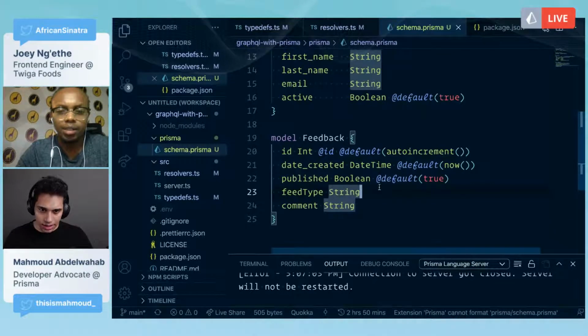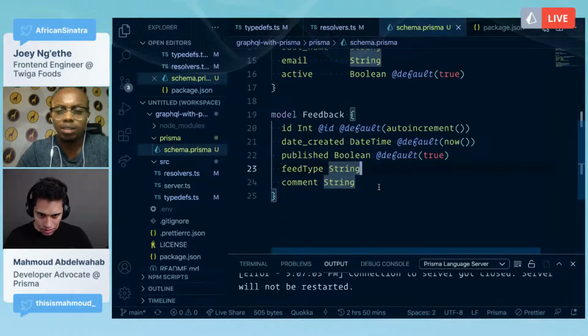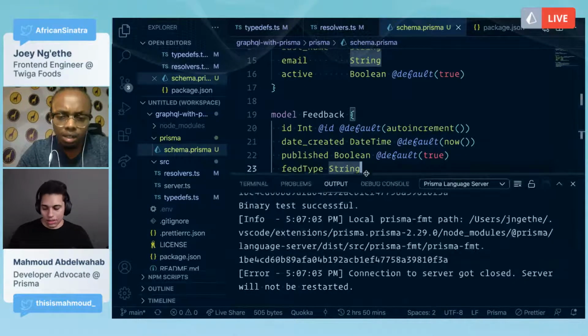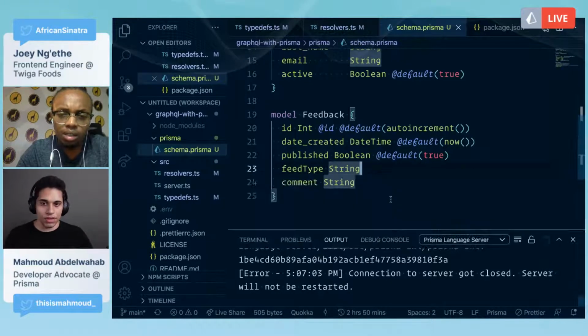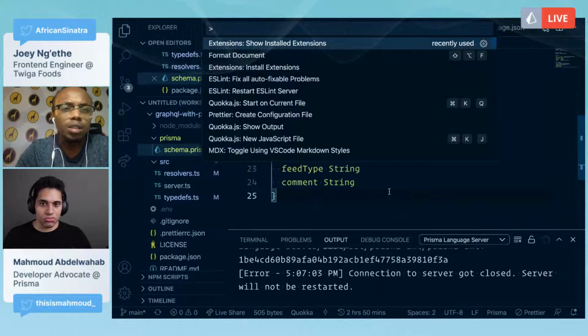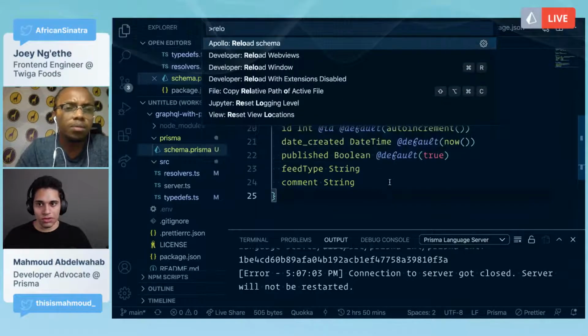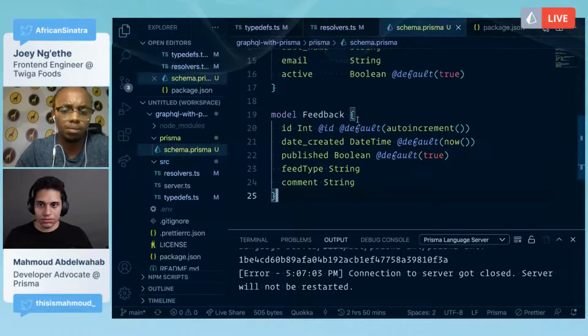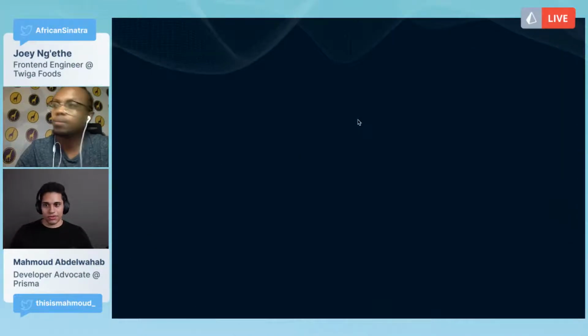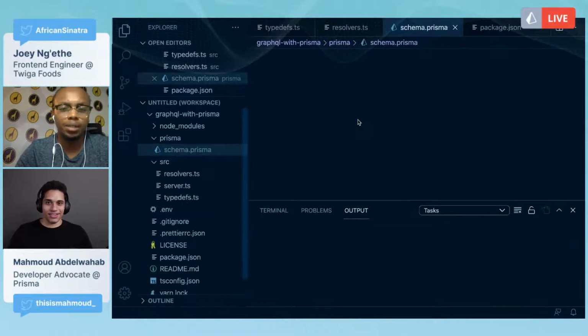I think it says there's an error of some sort. Do you mind doing Control Shift P and then reload VS Code? Because sometimes that's the issue. Just type reload and it is the third one, reload window. Sometimes personally I get random errors, sometimes extensions don't work.